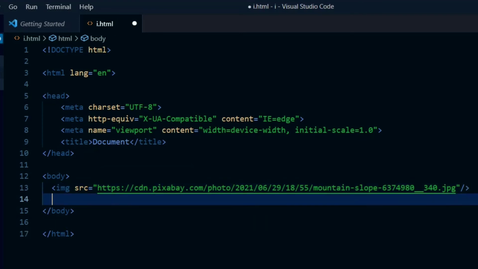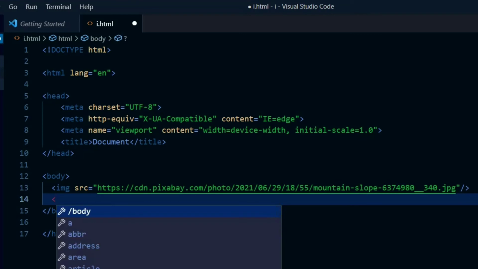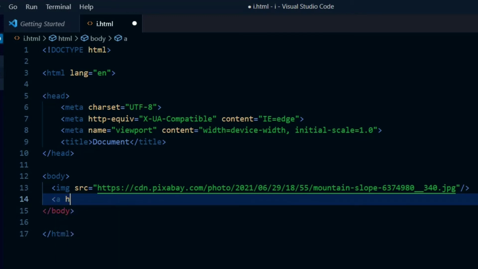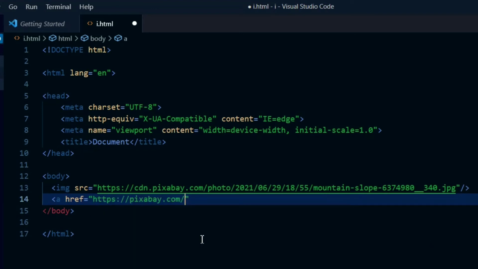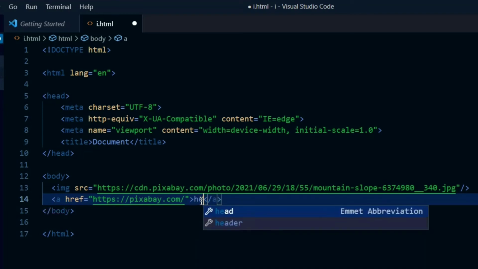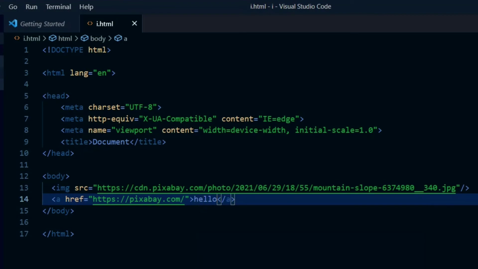Next, we have the attributes. For the links, we use a special tag called the anchor tag, which is represented with the A, and next we use an attribute href, to which we allot the link. I just chose the www.pixabay.com link, I close the tag, I write hello, and I reload it.